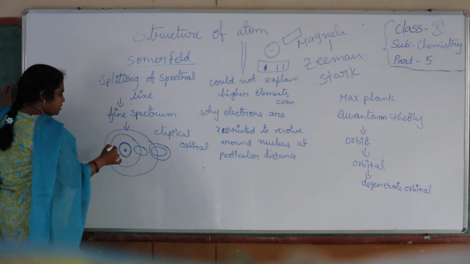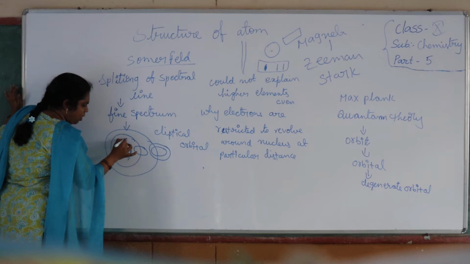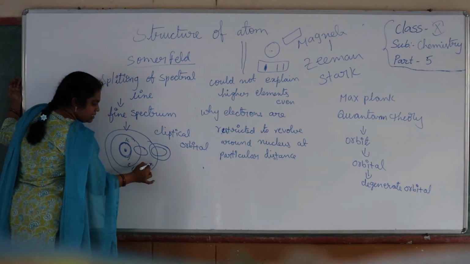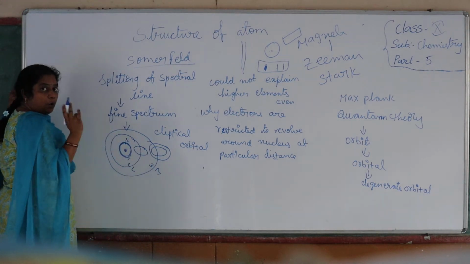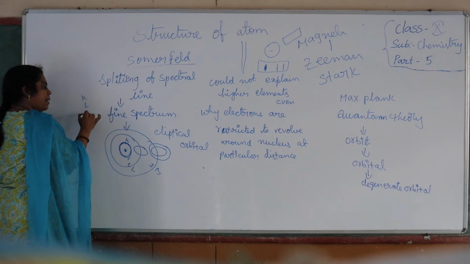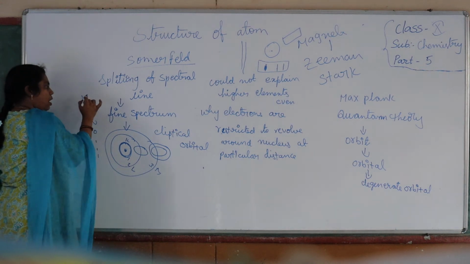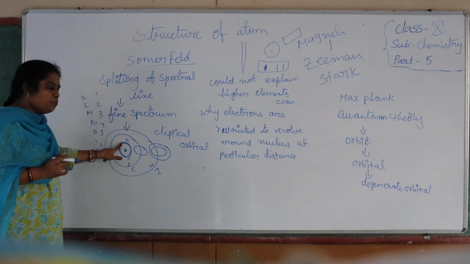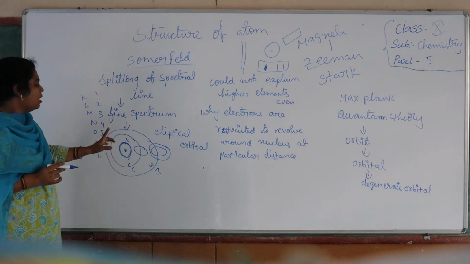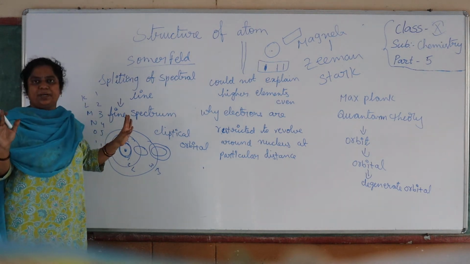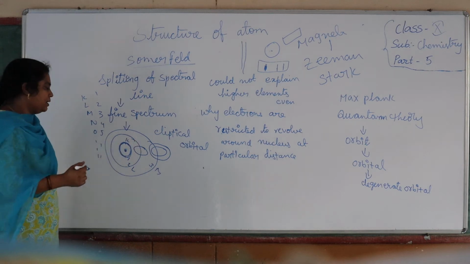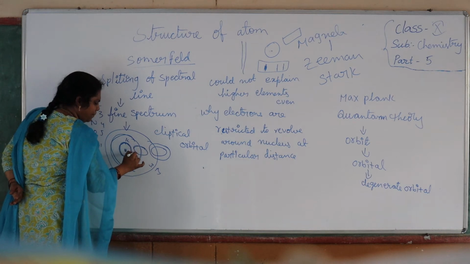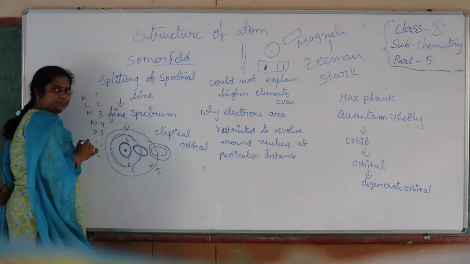Okay, see here, this is Bohr's first or K orbit. This is Bohr's second or L orbit. This is the third or M. I told you, Bohr named them K, L, M, N, O and so on, or 1, 2, 3, 4, 5 and so on. So this is Bohr's first orbit or K orbit. For the K orbit, he did not give any elliptical orbit. For the L orbit, along with the orbit, he gave an elliptical orbital.